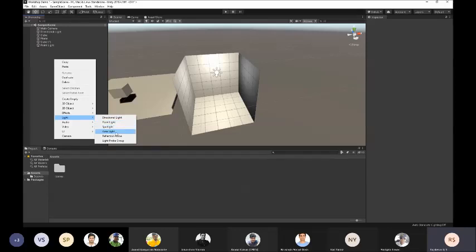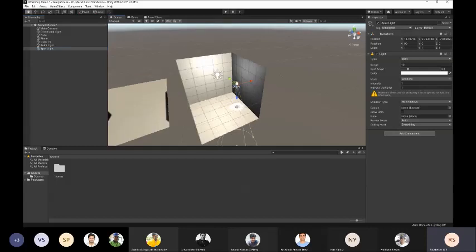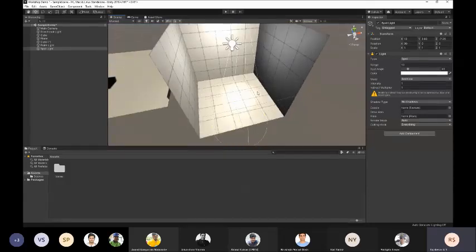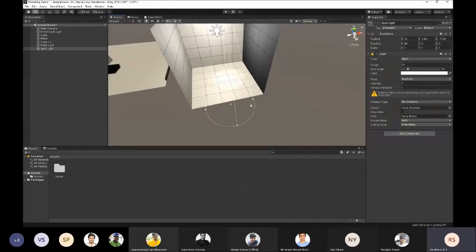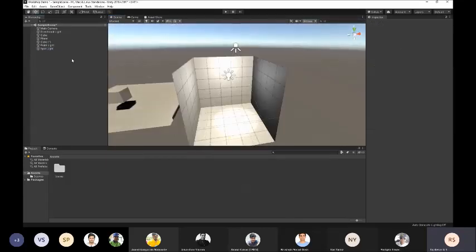There's spotlight, there's area light, and I'll get to these later. So spotlight is basically what the name says. It highlights a specific spot, and you can change the radius of that. You can move it bigger, or you can bring it closer. You can change all those things. I'll delete the spotlight. We don't need that.